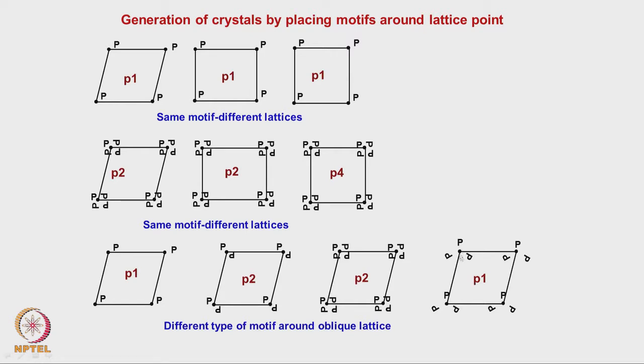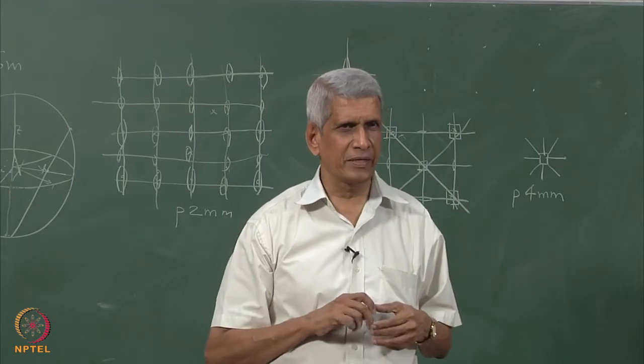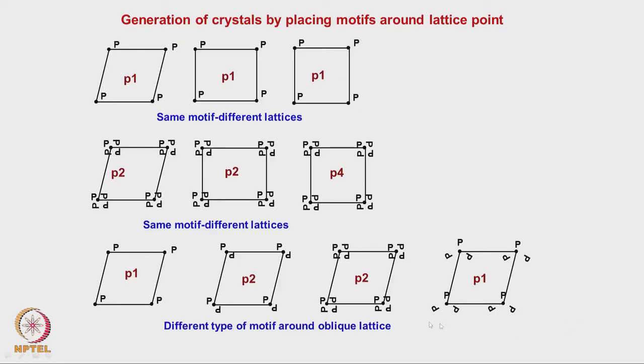Here, I am putting a threefold around a twofold, because the lattice has a twofold symmetry. Okay. I put a motif which has a threefold symmetry, and the axes of the motif match, but between 2 and 3 there is nothing common in the symmetry elements. Because of that, this will now exhibit only a onefold. You understand that?